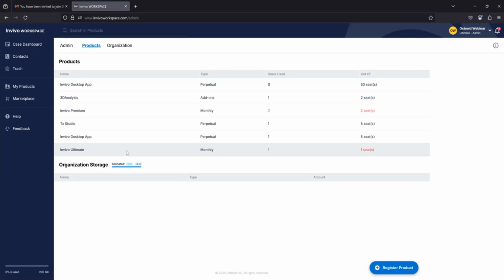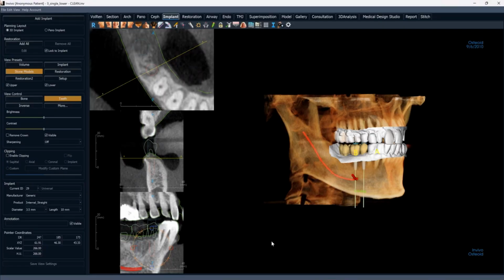Thanks. So first question, can you make implant brand auto remember for next time use? Yes, that is an excellent question. So if we're jumping back into the software